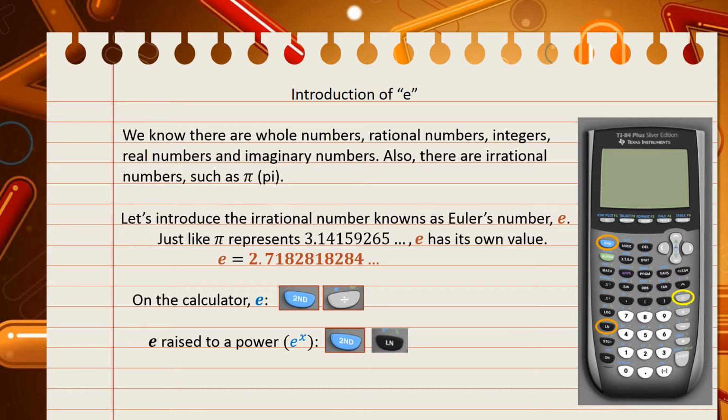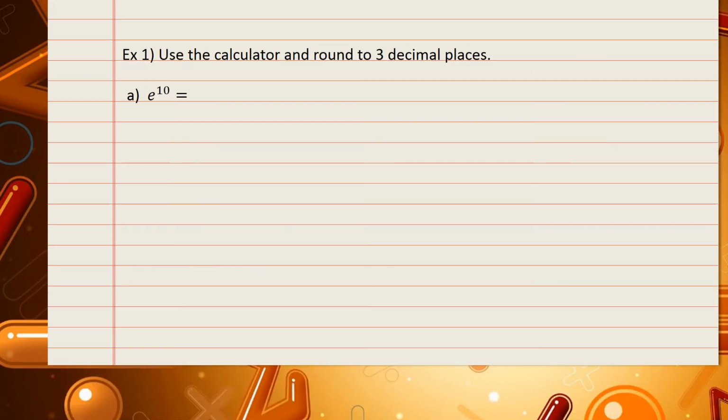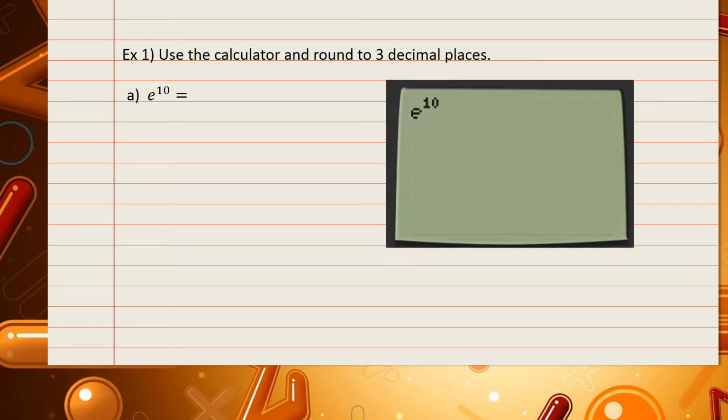Let's look at an example. Example 1, use the calculator and round to 3 decimal places. For A, we have e raised to the power of 10. Because it's e raised to a power, select second, LN, and then type in 10. Your screen should look similar to mine. Once it's typed in, click Enter, and your calculator should give you the following value: